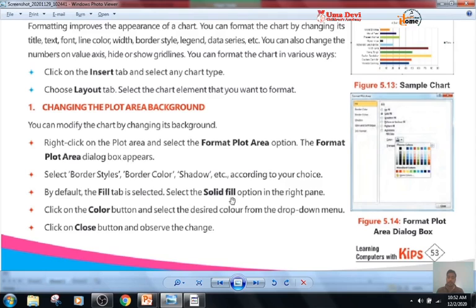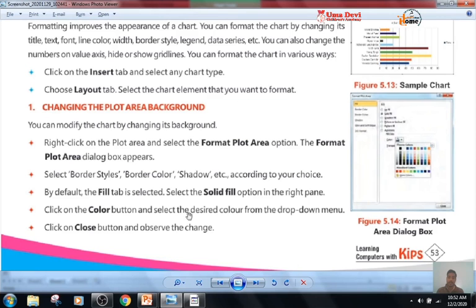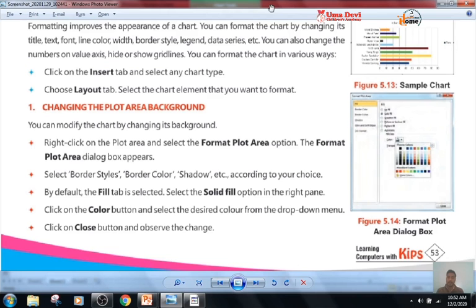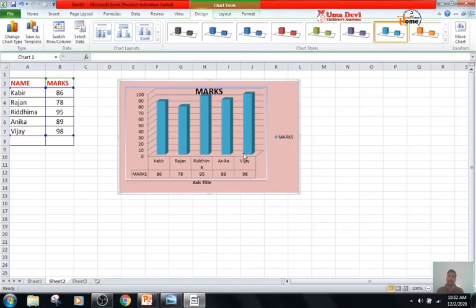So select the solid fill option. Then click on the color button and select the desired color. We will select this color. Now click on the Close button and observe the changes. Look here, the changes have been done.